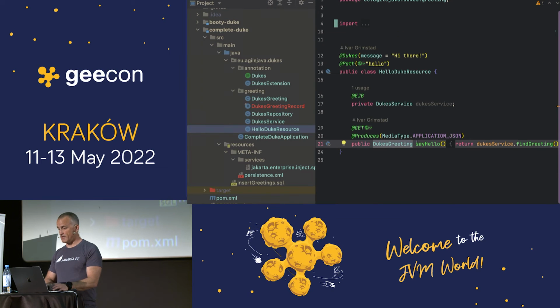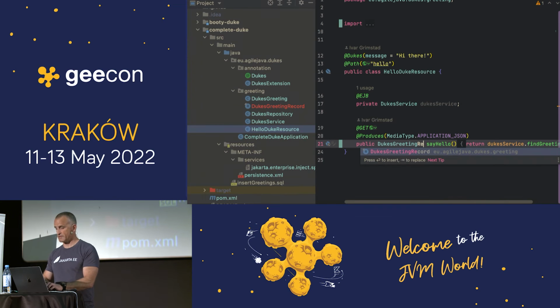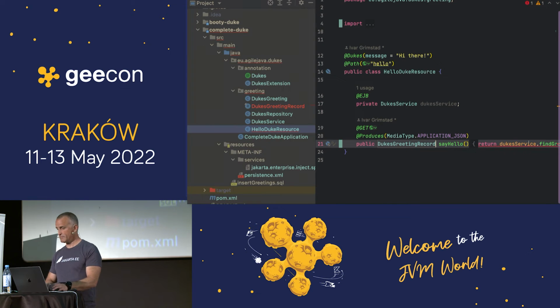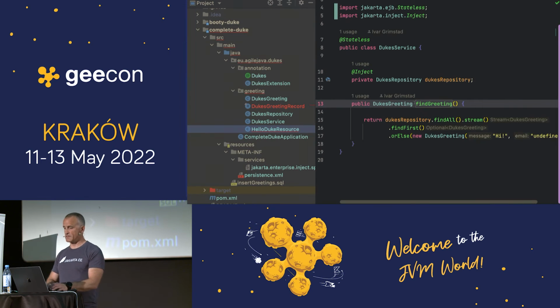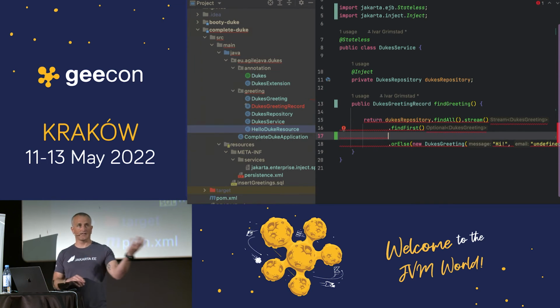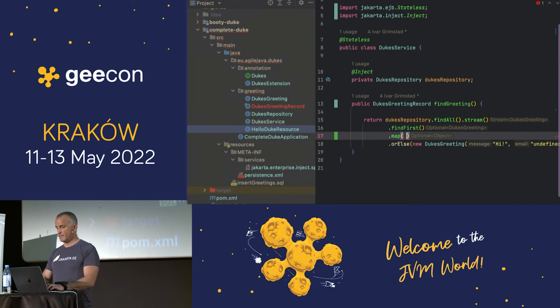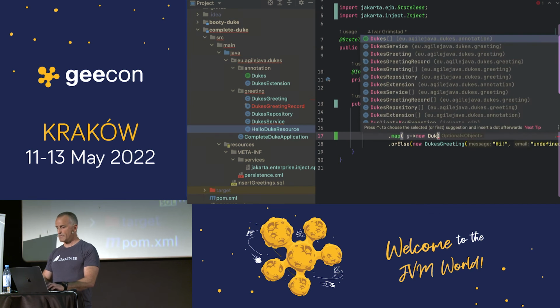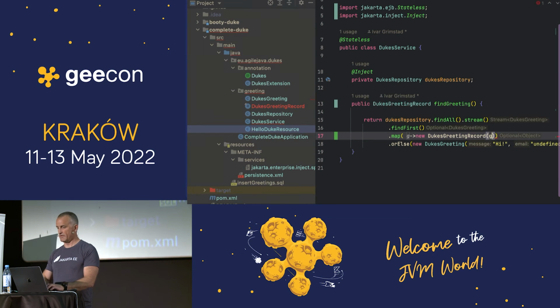Then from my Jakarta REST resource, I'll just return the record. In the business logic, I also have to return the record. And here's where the conversion happens. I find everything from the database, which is the Duke's greeting, and I map it from a greeting to a Duke's greeting record.